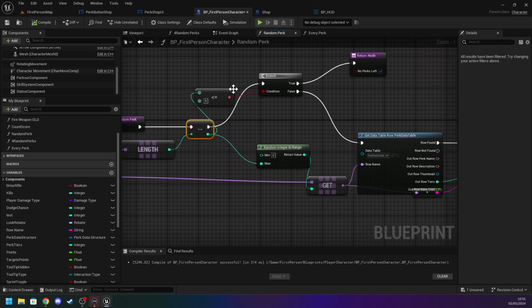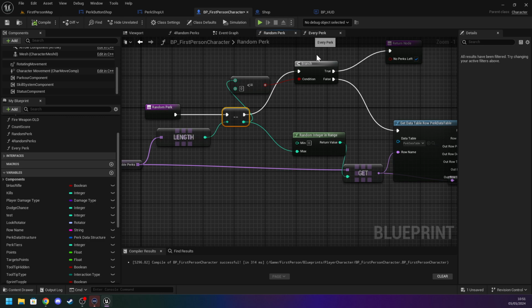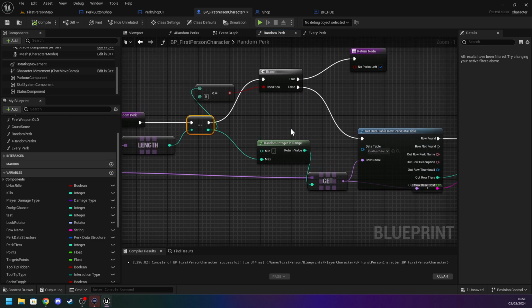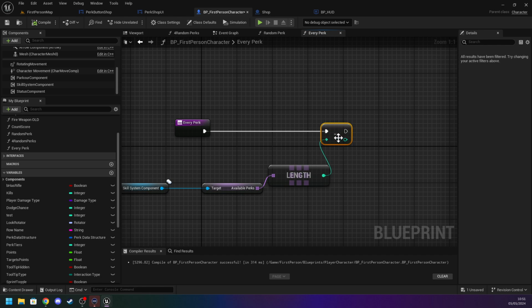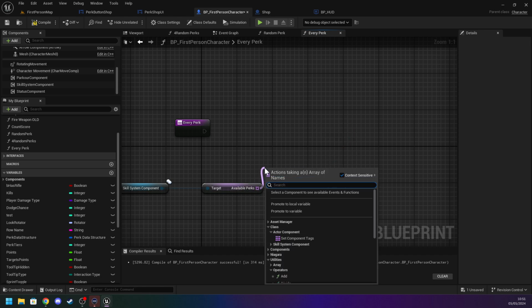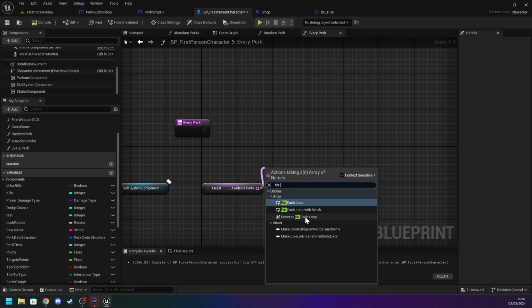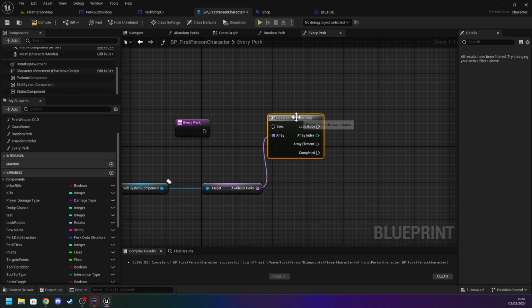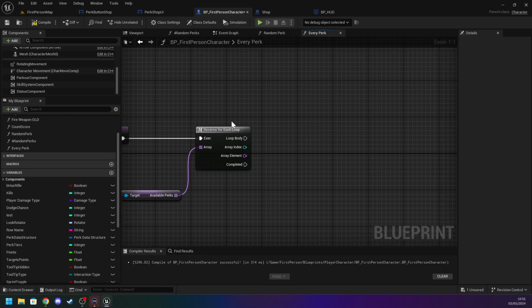So we get random perk. See, random perk, we get a random integer in range. Do we need the length then? We don't need the length. We just need a for each. We're going to do a reverse for each loop because it's going to get removed. In that loop body,